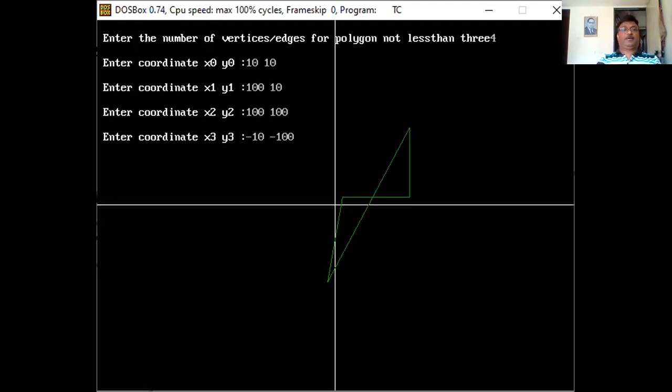See, this is the complex polygon, because this is a closed figure, but it becomes a complex polygon. Why? Because first, all these points are in your first quadrant since I used all positive values, and only the last one is negative.